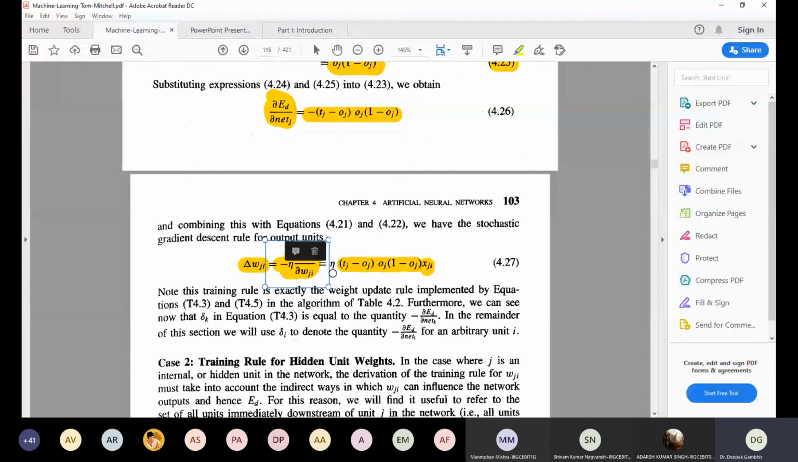So the weight update here is computed as eta times (target minus output) times output times (1 minus output) times xj. This is what we need to compute when we need to update the weights. And for the second case, when we need to train the